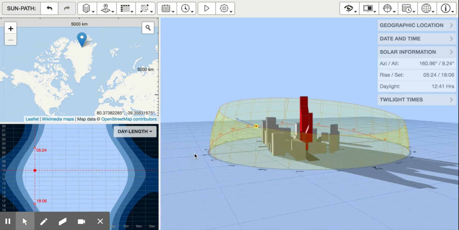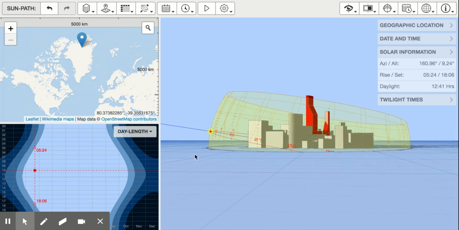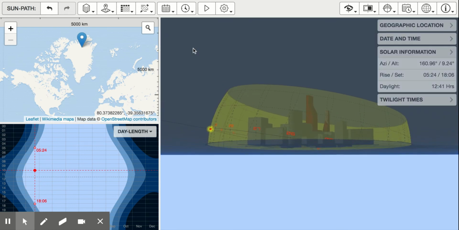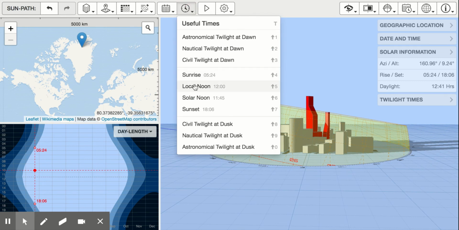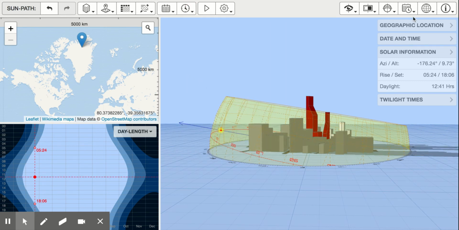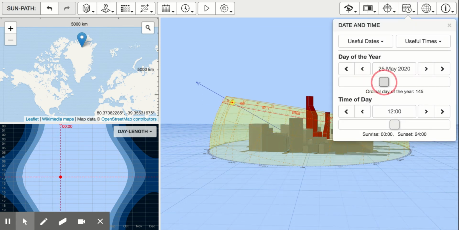I can kind of drag this around and see here's my city and here's the sunlight angle. And what we want to do is we want to make it show noon. So I'm going to click local noon, which is 12 o'clock. And then I want to know what the angle of the sun is, like where is the sun in the sky when you're in the north of Greenland on certain days. The days you have to do are December 21st and June 21st. So I'm going to move this to June